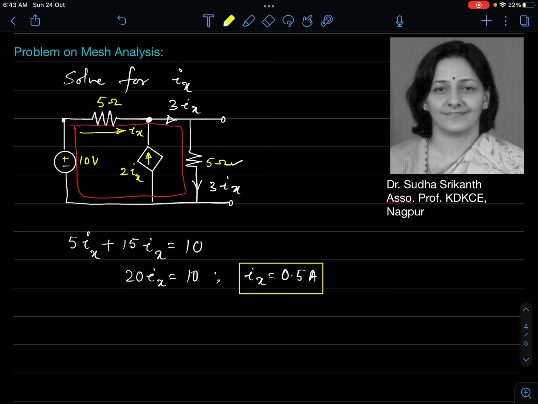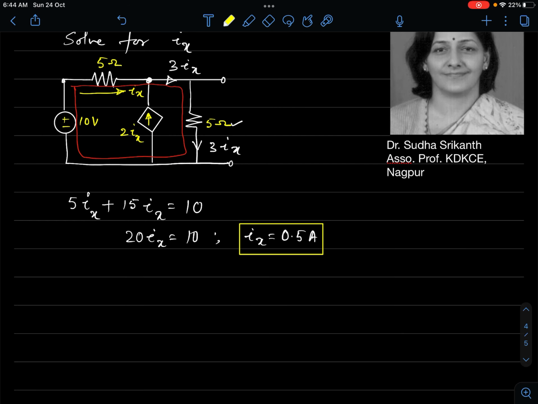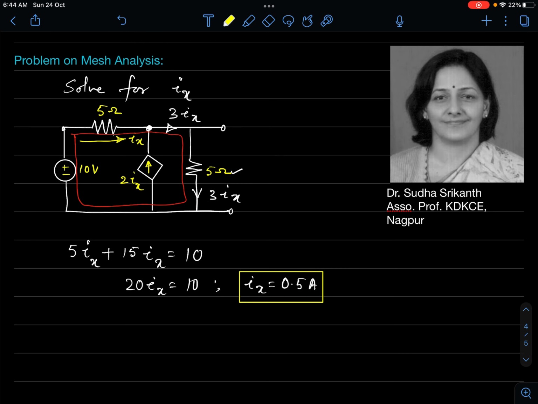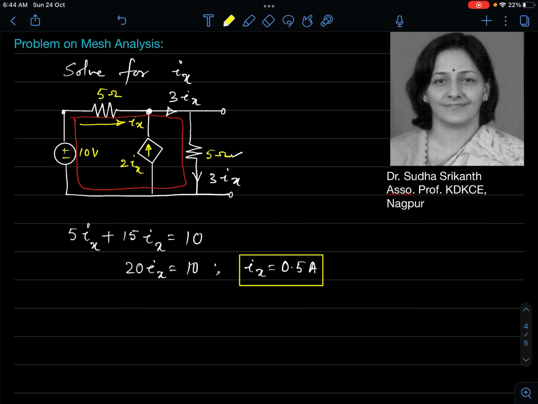Network analysis can be done using mesh current technique, or you can do it by node voltage technique. Whichever way we can do. However, which method to choose depends on how you approach the problem. You can solve it by node voltage also. Let me cover that here itself so that you can have comparisons done. Okay, so I will reproduce the network and let us try to do it with mesh equation, nodal equation also.